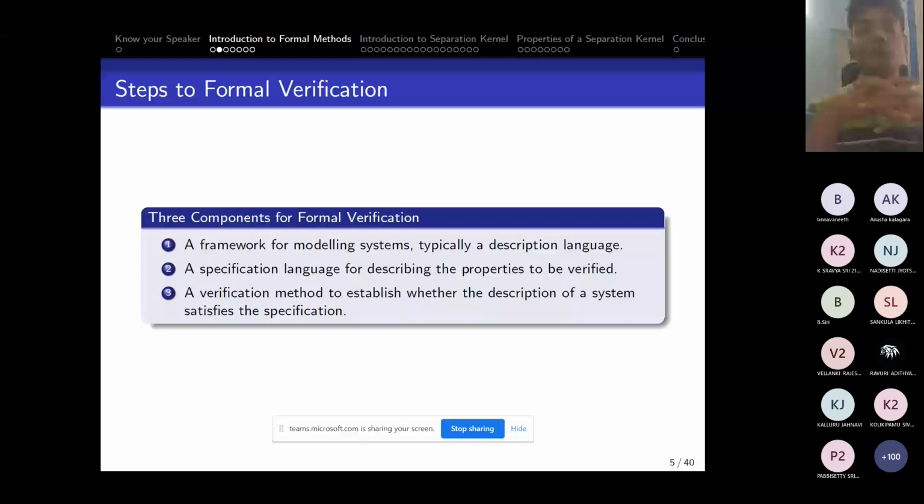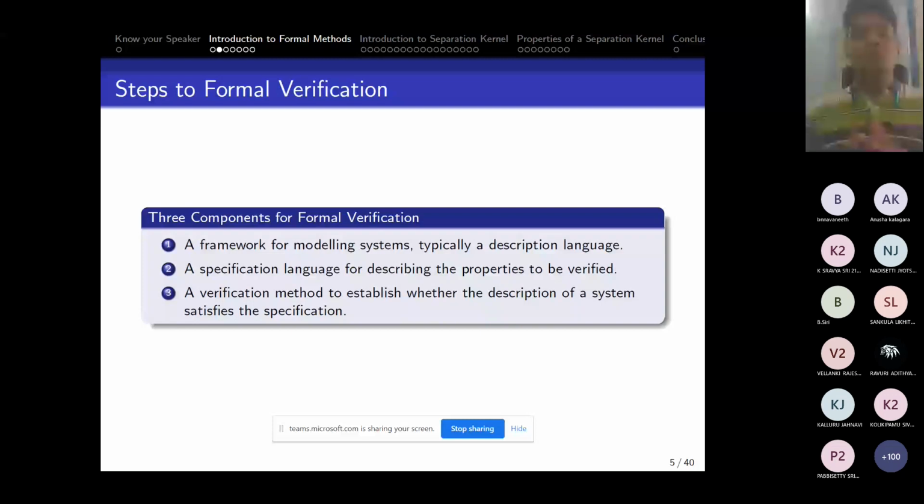For example, take the example of autopilot. What do you want to verify? Once the plane takes off, the entire aircraft is controlled by an autopilot system. So there are many properties, like if the latitude is this, if the longitude is this, or if the wind direction is this, then how is my system going to behave.